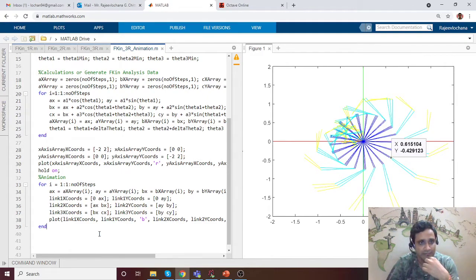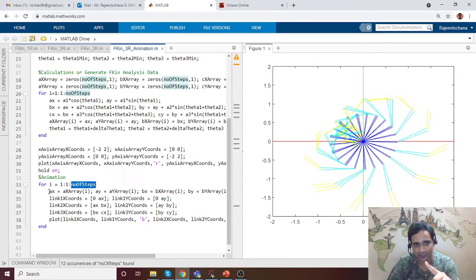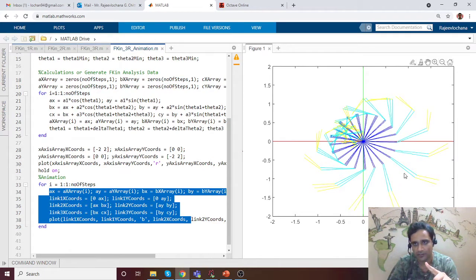So basically it ran so fast that the coordinate system was drawn only once, and it ran 50 time steps for 0 to 30 degrees. So somewhere I have made a mistake. Let us look at what that mistake is.